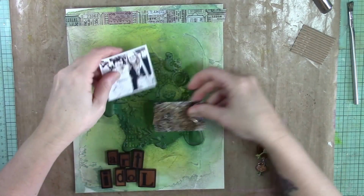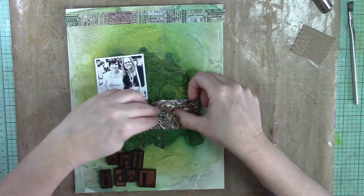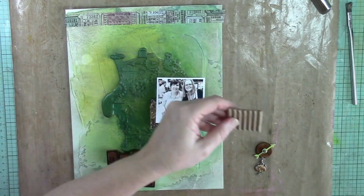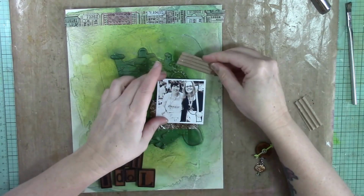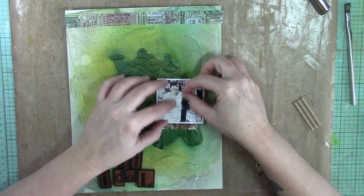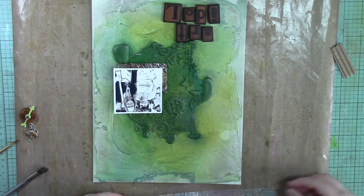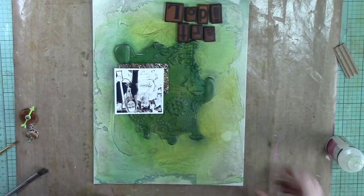I'm using the wood block pieces from the limited edition kit. And I had this left over, the tin foil, or the foil tape piece, it was included in both kits. I had a piece left over from one of my other projects, and I'm just layering it behind my photo. Now I'm using some of the Tim Holtz washi tape that was in the limited edition kit, and I was just going to apply it to the top of the layout,